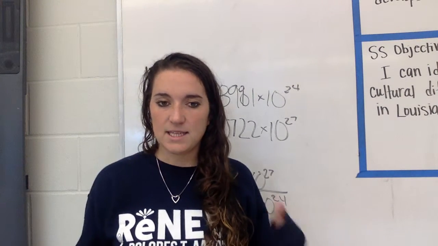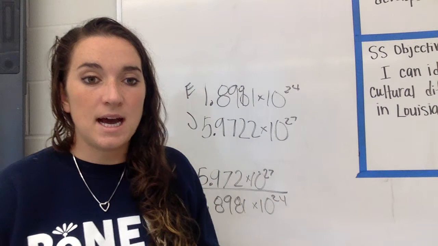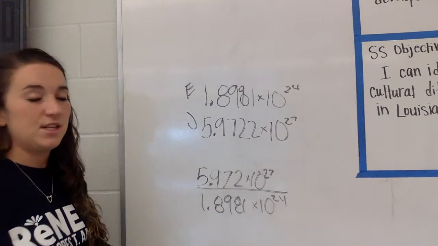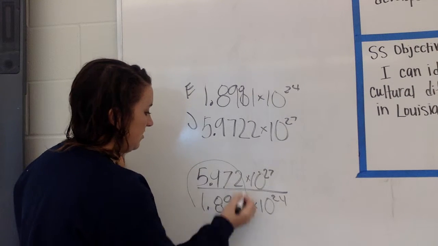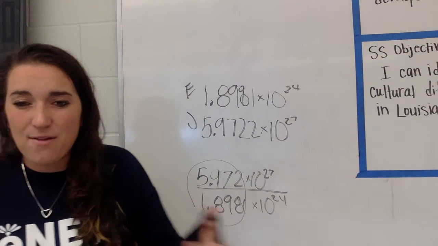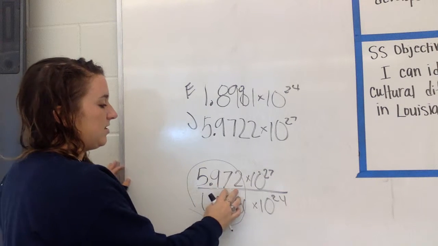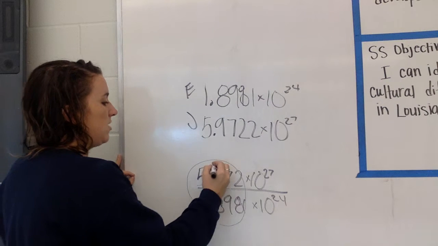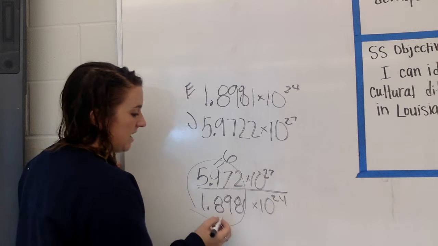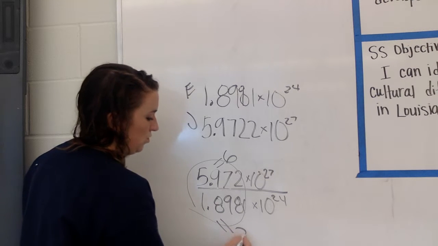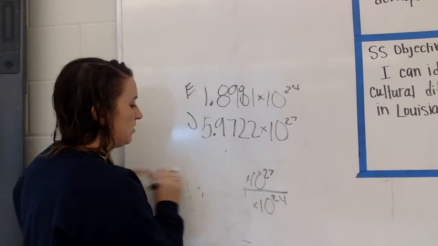Am I finding an exact number or am I finding an estimate? I'm going to be finding an estimate because it says use estimation to determine about how many times. So I can divide these two numbers, but I don't need to divide them. I can round them and figure out about how many times greater one is than the other. So 5 and 972 hundredths is about equal to 6. 1 and 898 thousandths is about equal to 2. So if I substitute in 6 and 2,